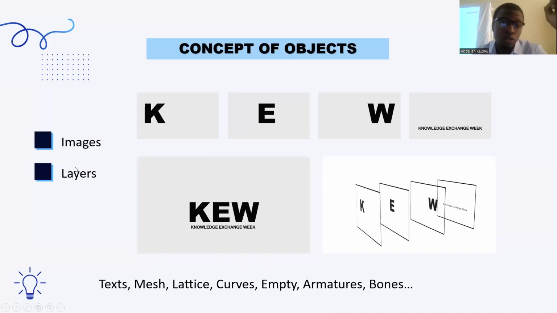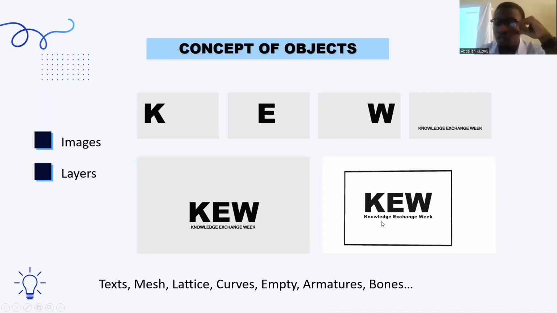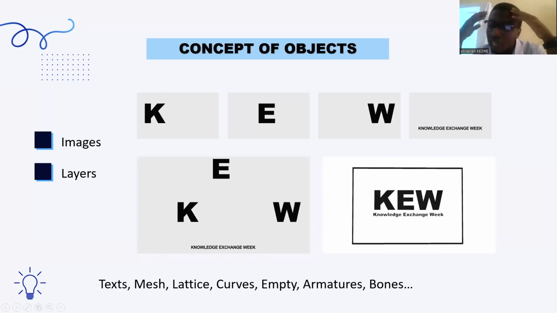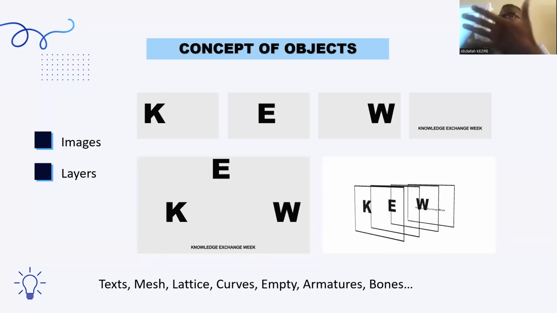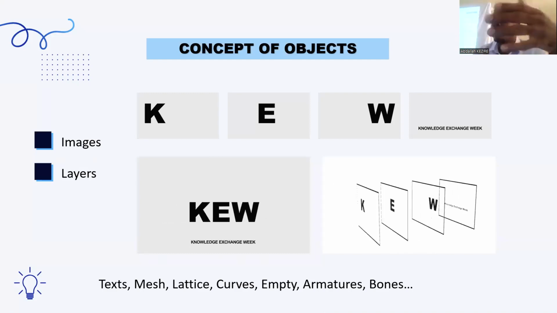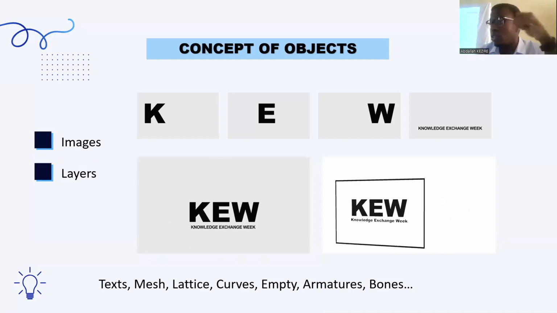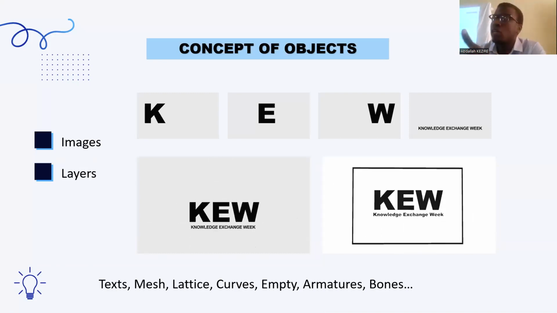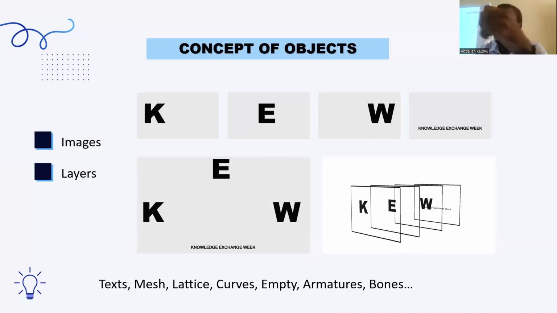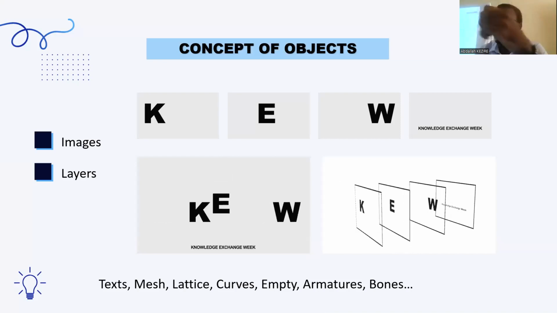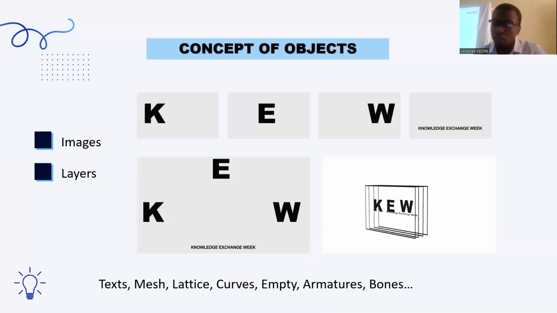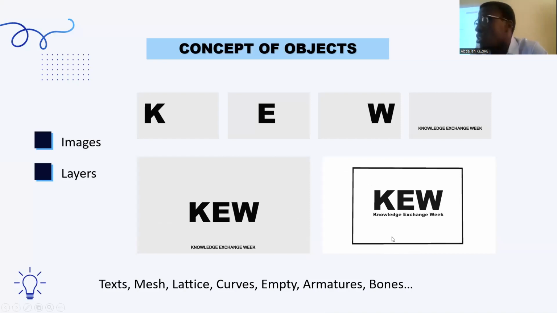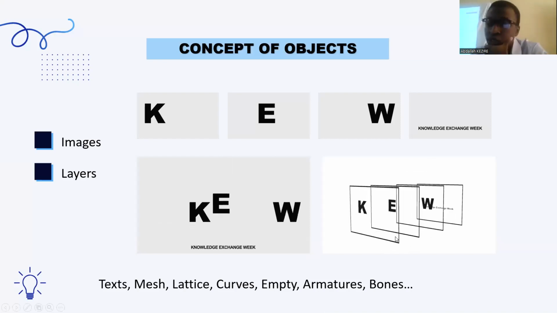The second concept, also very important, is the concept of layers. Here, there is a small animation also showing you what I have in mind when I'm talking about layers. It's like you have invisible sheets of paper on which you are writing different things. When you put these different sheets all together, it will give you a result, because on each of these invisible sheets of paper, you have something written. The end result will be something different from it. So I think with this one, you are already seeing what I'm trying to express, right?